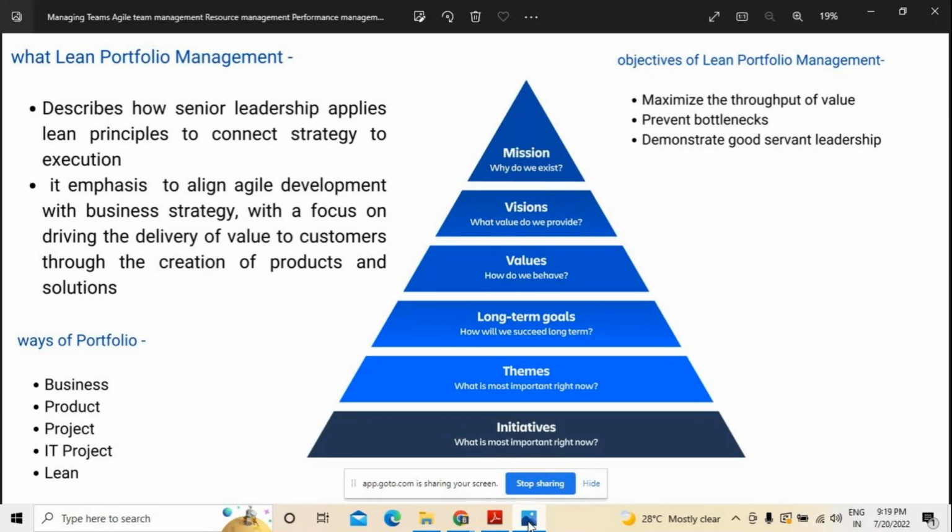Because as we have discussed sometime back, even a couple of times earlier, even business strategy is to multiply the business of the customer, providing quality services and everything from the customer perspective. So for that, we need to maximize as much as required by providing different value added services and everything. That is the first point. Second, through this lean portfolio management, there are more chances where we can prevent the bottlenecks,